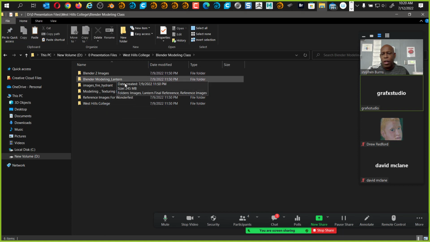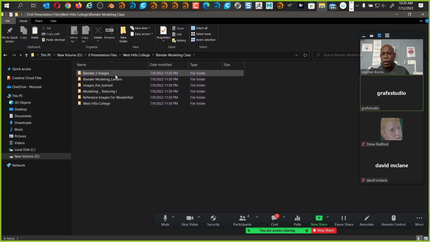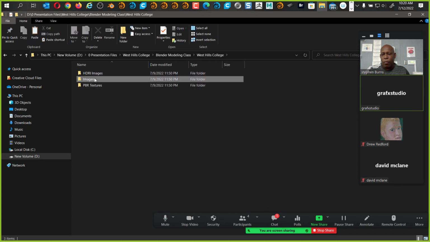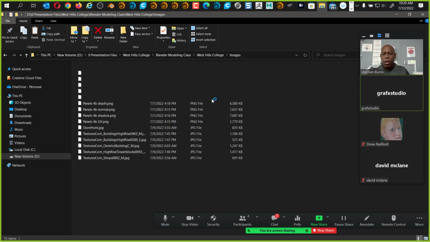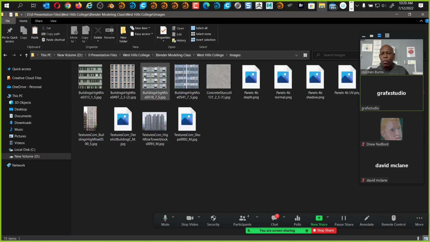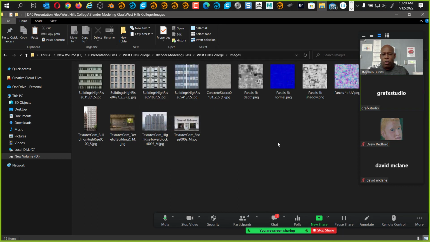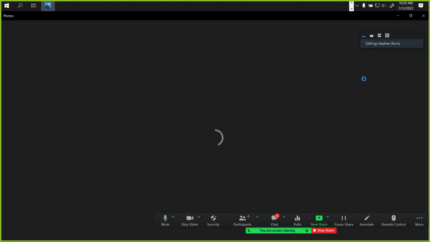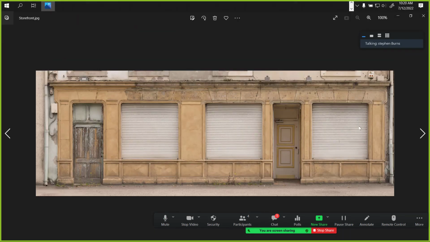If I come over here, I should have everything right in here. So Blender 2 West College, there it is. Okay. All right. There we go. There they are. Okay, good. That's it. All right. We're missing an image and it's probably just hidden right back here. Let's minimize that. There it is. So I'm going to make this a little bit larger. I double click that. I should be able to zoom in. There we go.